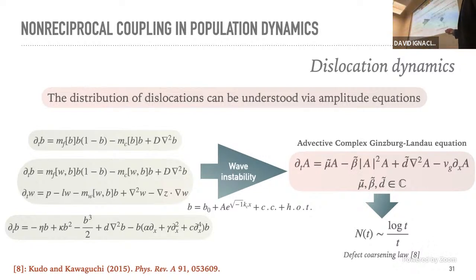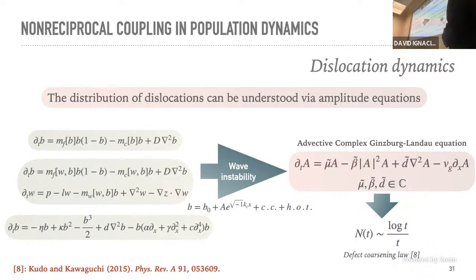So in all these models, there is something happening that is a wave instability. When you cross a critical parameter, the pattern emerges, and you can compute what is called the amplitude equation. In this case, you will end up with an equation that is called the complex Ginzburg-Landau equation, and it will have an advective term because these patterns are traveling. These parameters are usually complex. And the most important thing is that in the regimes that we are studying, the